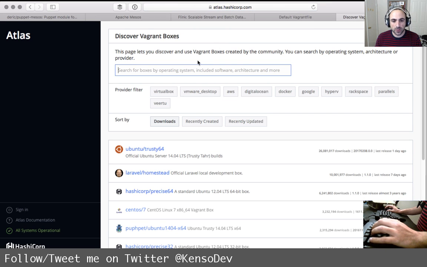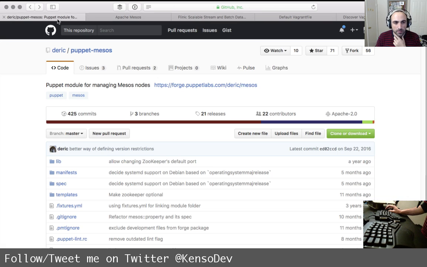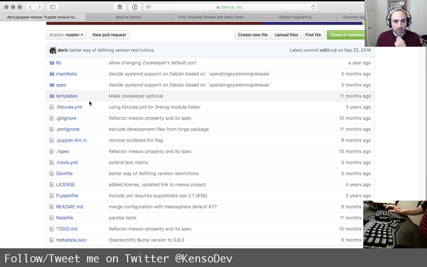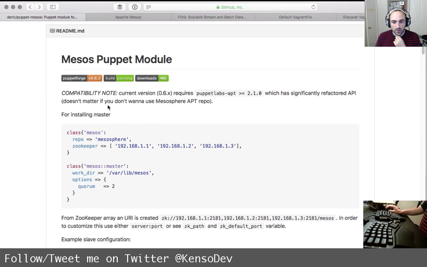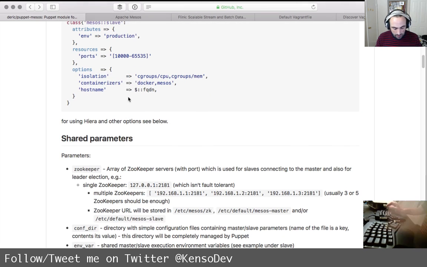Okay, so let's go ahead and search for the box. And I think for Mesos, we can work with Ubuntu, but let's see. You know what? I have a Puppet module here, and let's see if it requires some specific version.